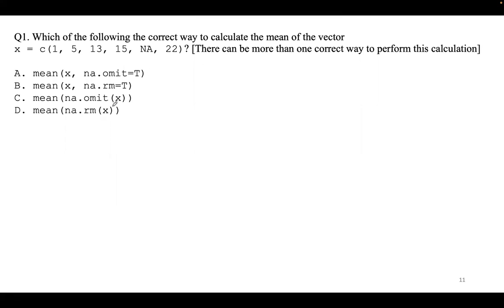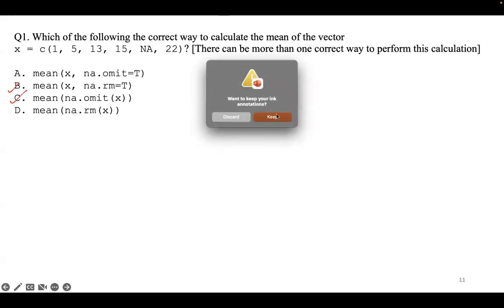B and D, B and C. That's correct, right? So these 2 are correct.